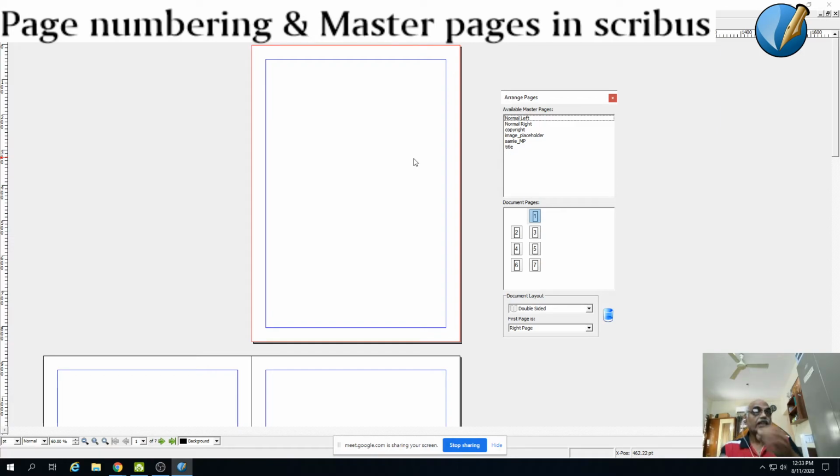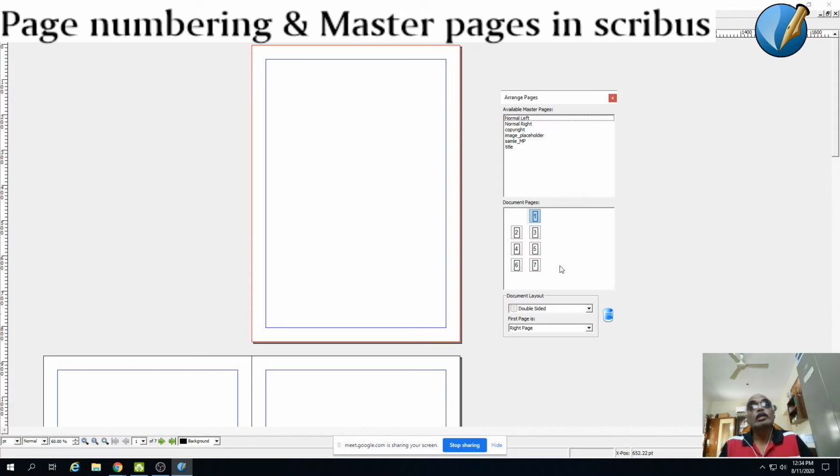So for that to happen, you should have created the master pages. You should have the design of your book well planned in your mind. So whenever you are planning to write a book, I will advise you not only to plan the content, you should also plan the design of your book, because if you want to be a self-published author, you should do both these jobs combined. So it is not only sufficient for you to plan your content, you should also plan the design of the page.